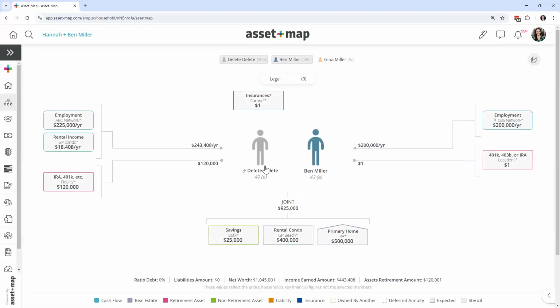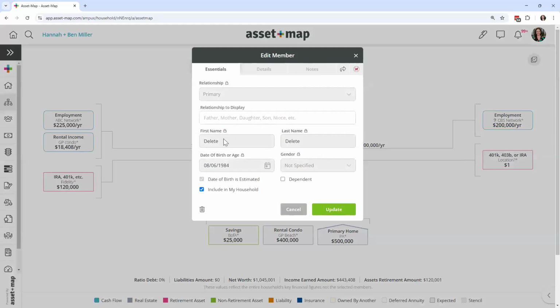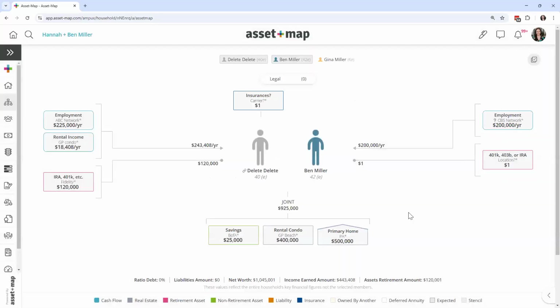So here you can see that I have a household. Oops, let me just change this person's name. It looks like I imported them from Redtail, so that's why. Regardless, you get the gist. This is an asset map that I built. It's a sample client, fake data, but it'll be perfect for what we're going to be using in terms of